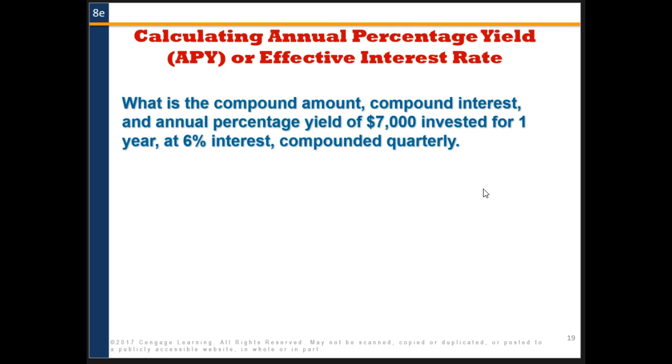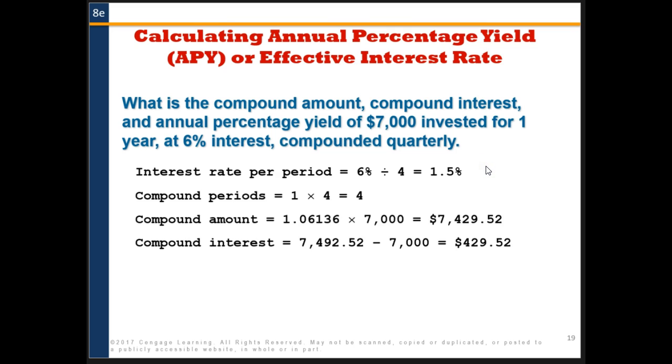All right, now let's look at calculating the APY. What is the compound amount, compound interest, and annual percentage yield of $7,000 invested for 1 year at 6% interest compounded quarterly? So we're looking for a few different things. We're going to start with the interest rate per period. It's compounded quarterly, 4 times a year. So 6% divided by 4 is 1.5%. For the compounding periods, 1 times 4 is 4. Then the compound amount